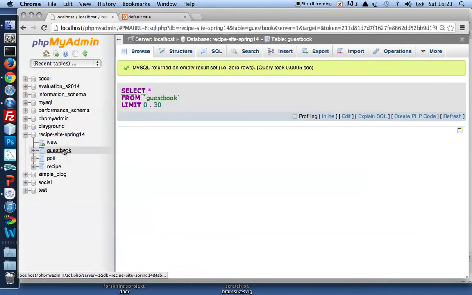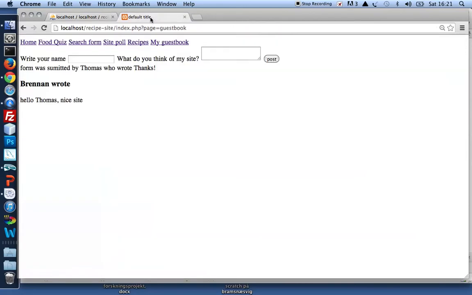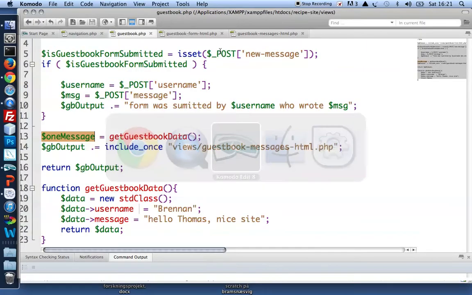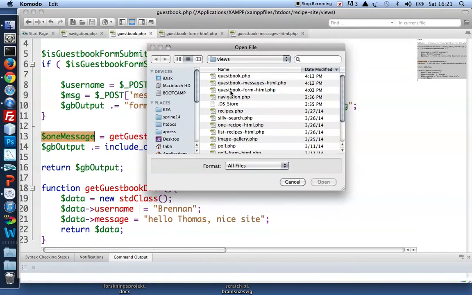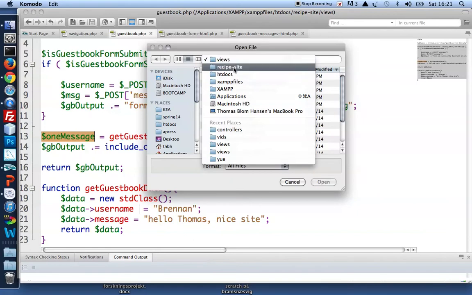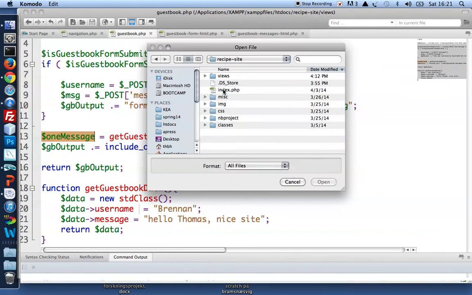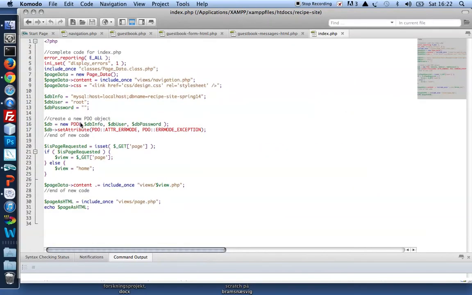With my guestbook table created, it's still completely empty, but at least it's there. So what I'd like to do is whenever some user types in stuff in my form, I'd like that to be inserted into the table. From my index, let's just take a look at that. From my index, I have,